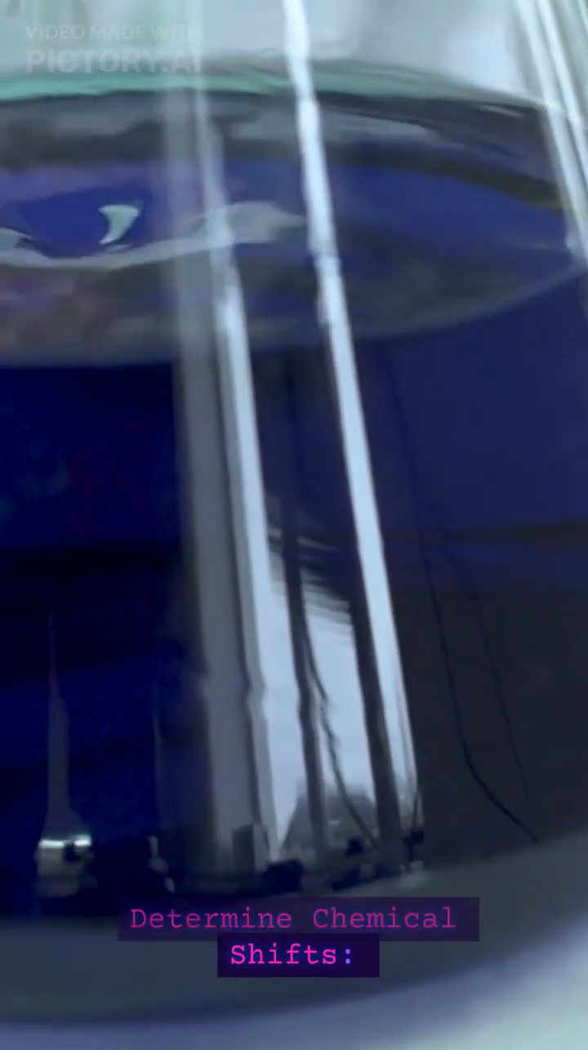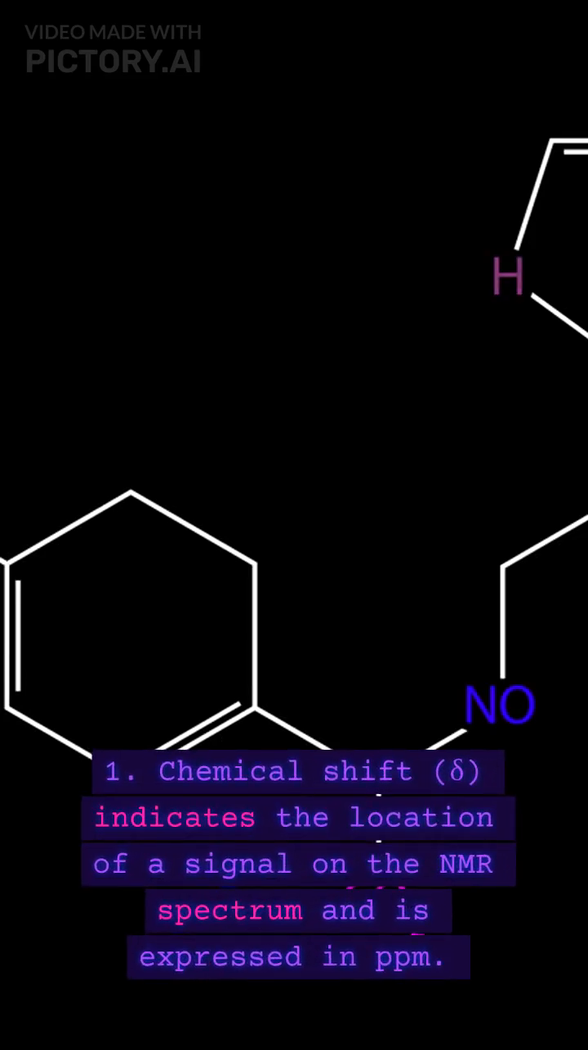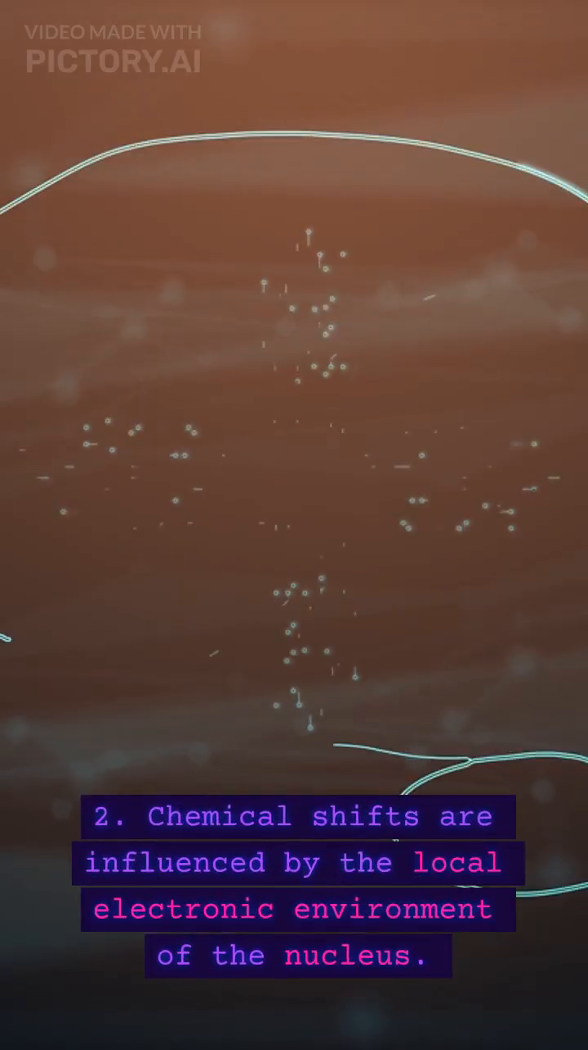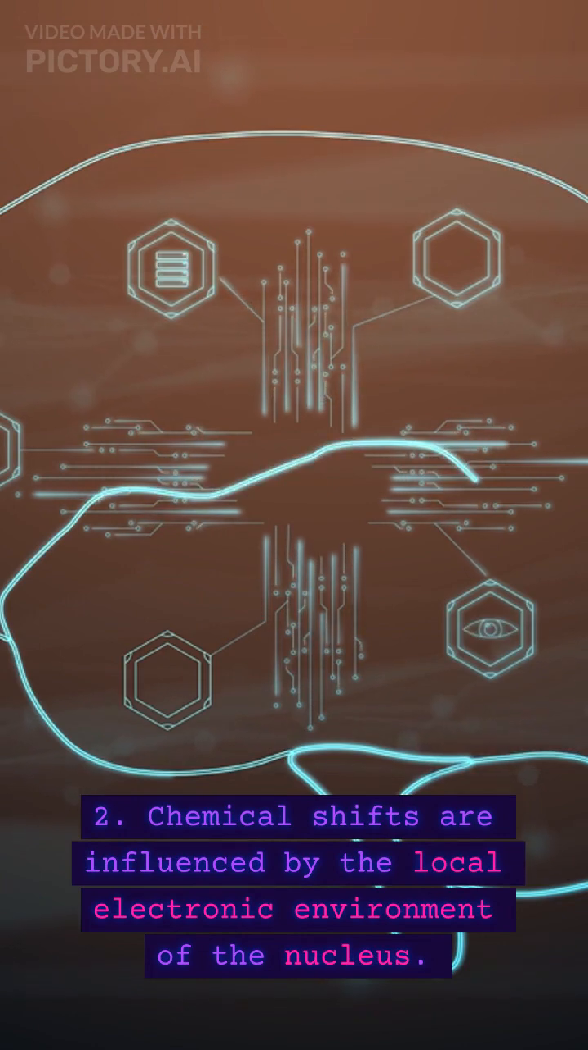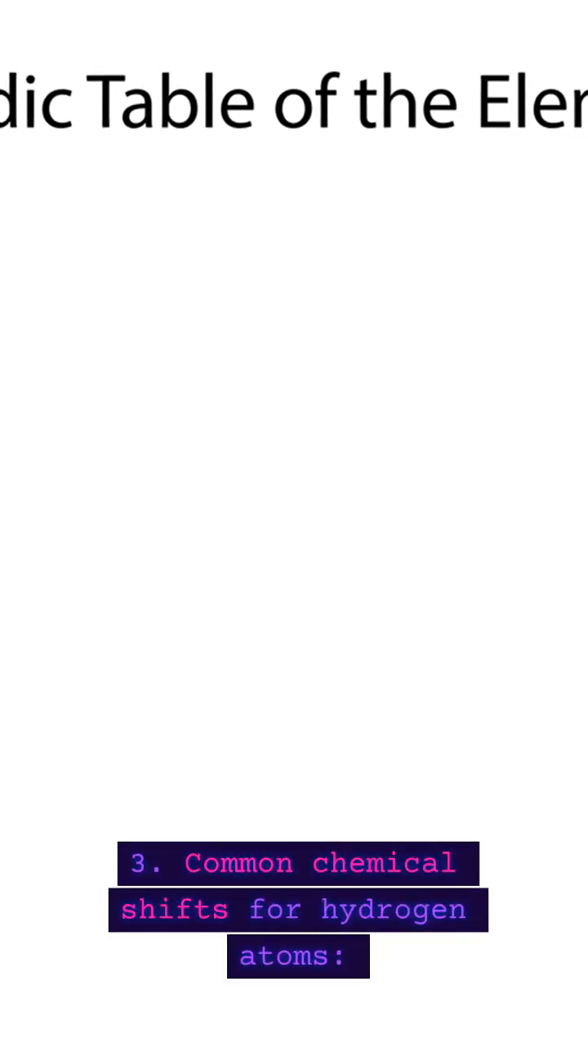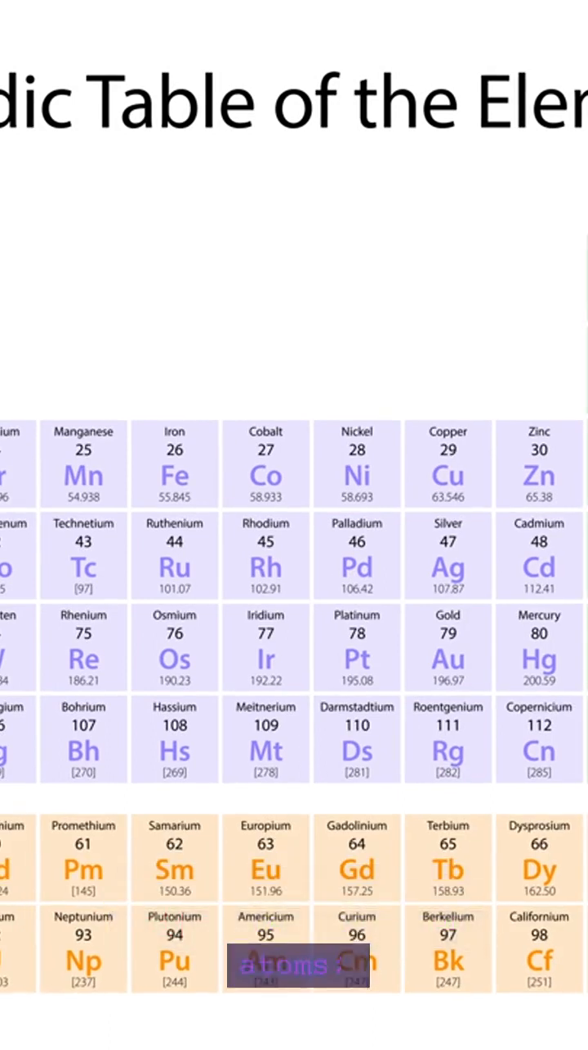Determine chemical shifts. 1. Chemical shift, delta, indicates the location of a signal on the NMR spectrum and is expressed in ppm. 2. Chemical shifts are influenced by the local electronic environment of the nucleus. 3. Common chemical shifts for hydrogen atoms: